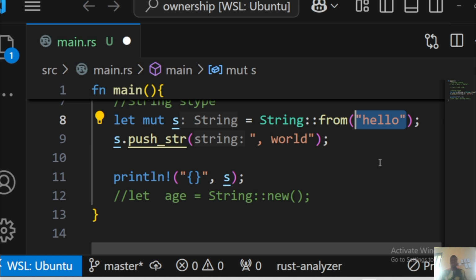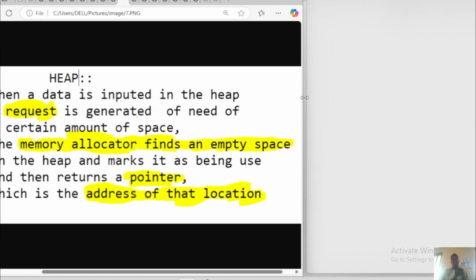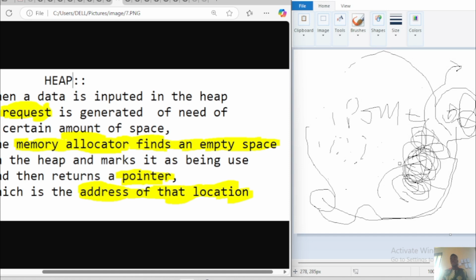It will request from the memory allocator to give us space to put this in, because we need space for the string. So the memory allocator will now go and be looking for space. Actually, this is what happened. The memory allocator will go and be looking for space, maybe just look for something. Our board are full. The memory allocator will now start looking for an empty space that will contain our hello, right? Our hello. Then, when it finds that space,